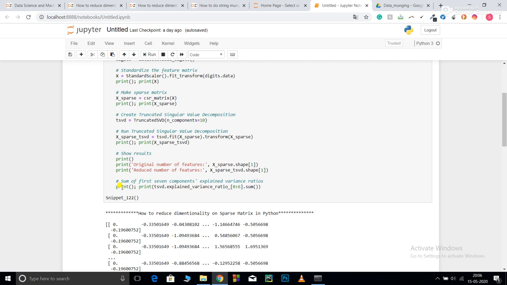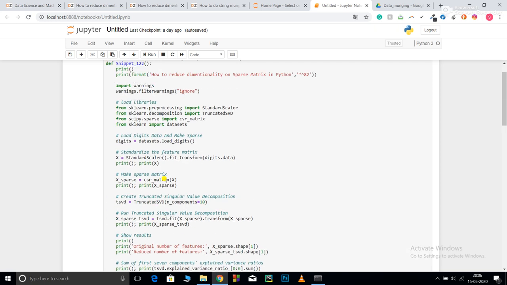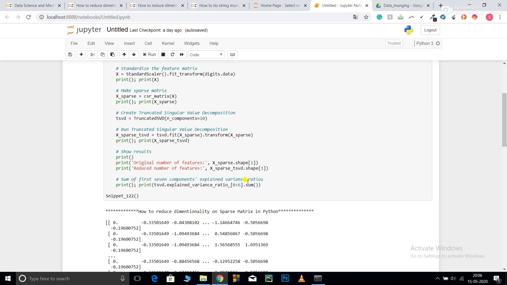One more thing. Here I have taken the SVD components to be 10, but I'm just taking the values for the first 6 components. It is going to show me, when you use n_components to be 6, what is the variance that it preserves? We want the variance to be maximum. So this will print for the number of components you have taken, what is the variance that my TSVD preserves.